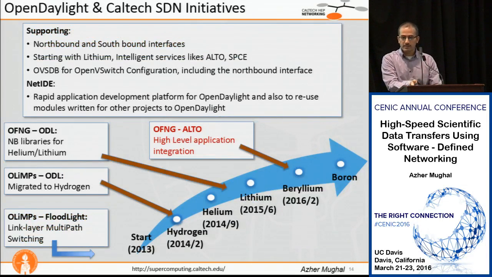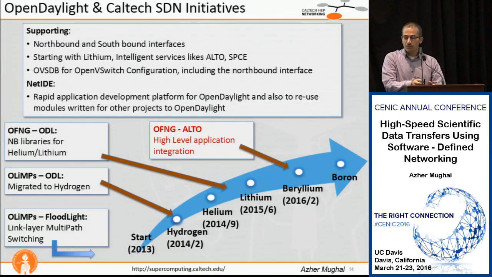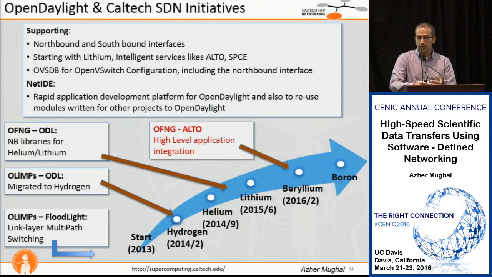So some of the activities regarding OpenFlow, which we took on, starting from the OLiMPS project in 2013. We used the Floodlight controller initially, and that controller was basically a precursor to the OpenDaylight consortium. Then we moved on and migrated the OLiMPS controller to OpenDaylight. We rewrote all the algorithms, and the algorithms involved are the shortest path and the maximum bandwidth availability,